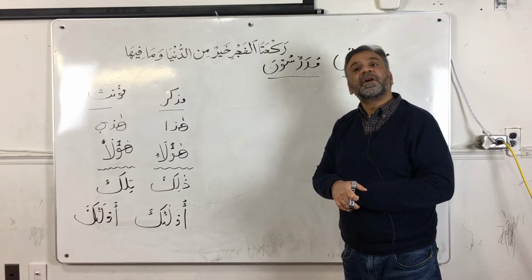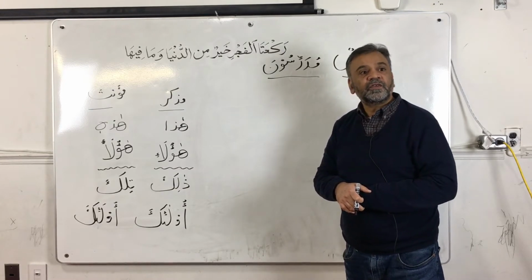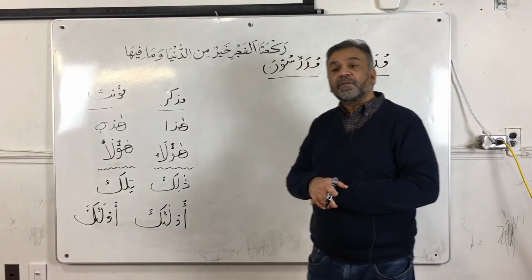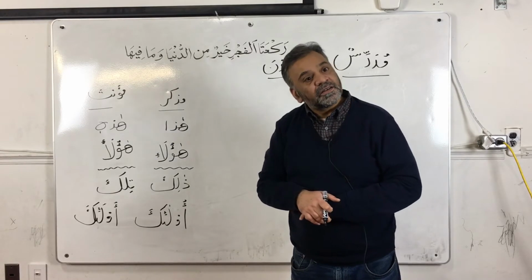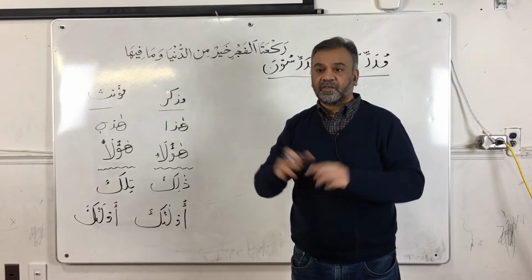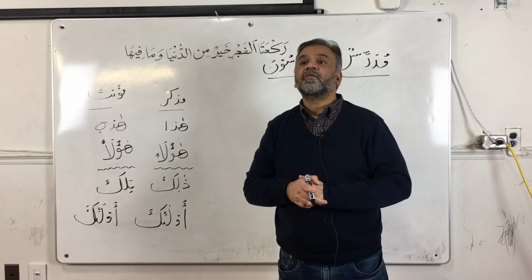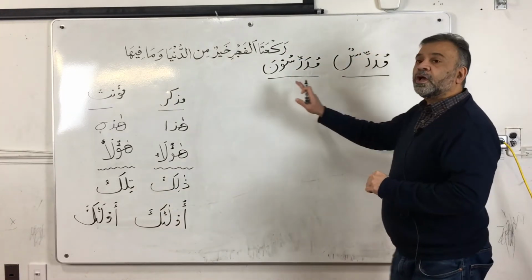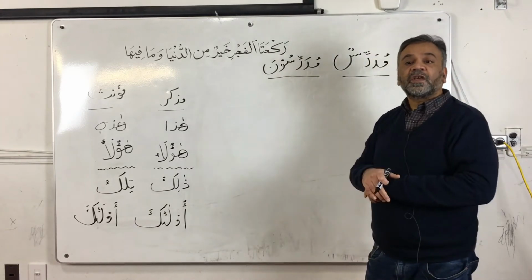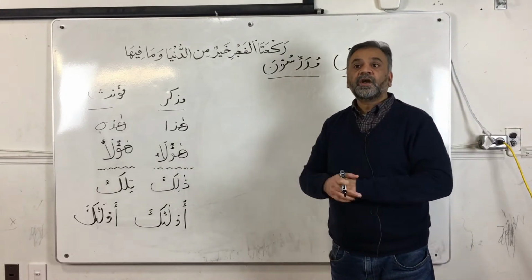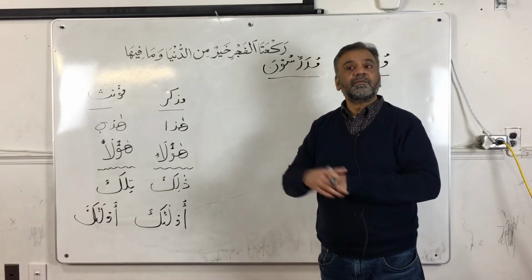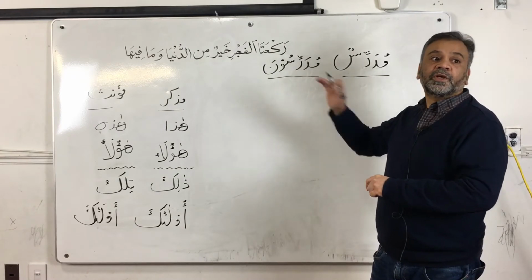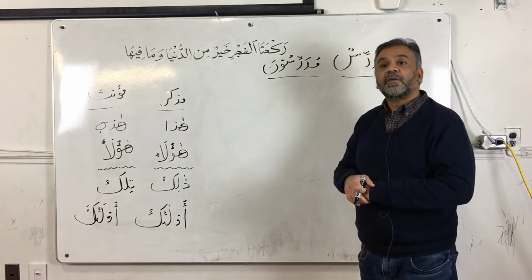call it Jama Salim. For sound we use Jama Salim, and if it is a masculine gender we say Jama Muzakkar Salim, because in part 1 of lesson 13 we are dealing with the masculine gender. So, Mudarrisun, Mudarrisuna. So, this Mudarrisuna is Jama, which is plural, Muzakkar, masculine, and Salim, sound. Sound, masculine plurals. If I say Muhandisun,